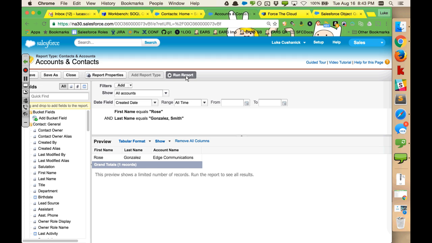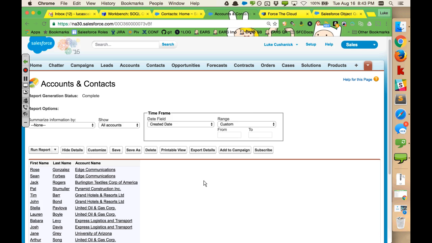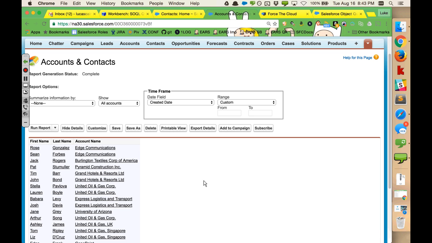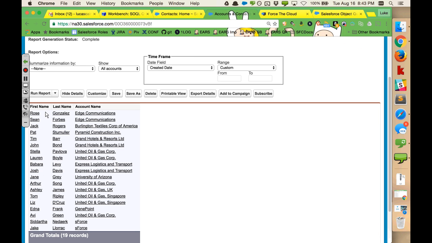And when I run this report, let me clear away those filters here. So we're using standard accounts and contacts, and we're getting the first name and last name of each contact, and we're getting their account name. And we can see that there are duplicate account names here. So that is the same account, but there's a different contact at each one. So we really have two tables that we're pulling information from. And the way that that works in SOQL